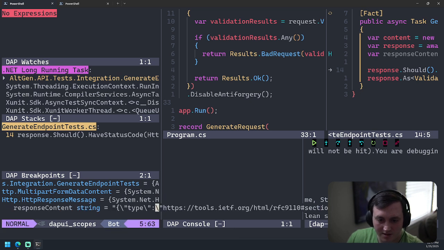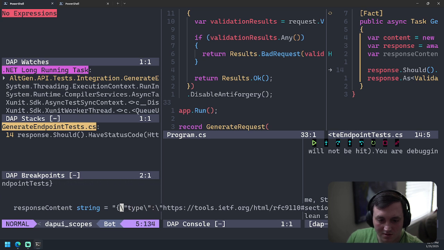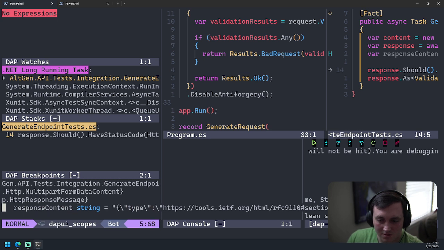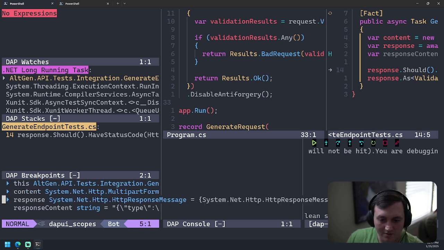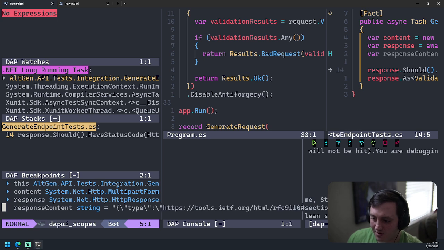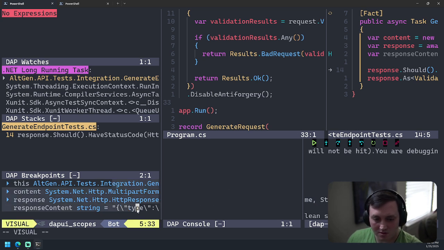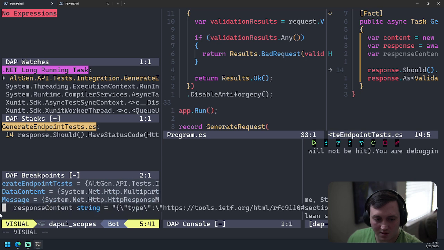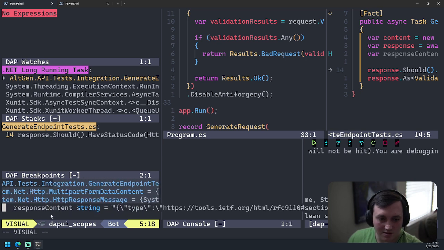How do I see the rest of this? I know how I would do this in Visual Studio Code, but I don't know how to do it in this.